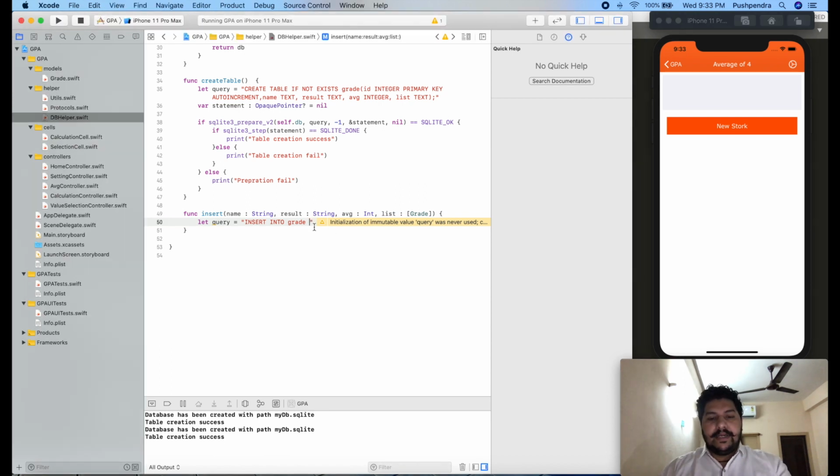So INSERT INTO grade. Now put braces, and inside that, what do we have to insert? First of all ID, then the second, name, result, and at the end list. And before list there is one more thing, avg.